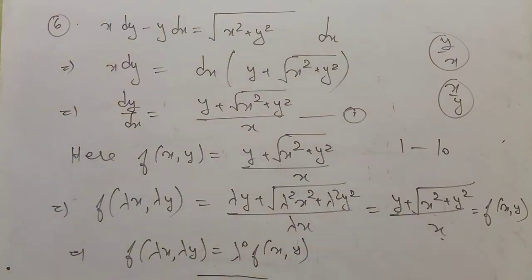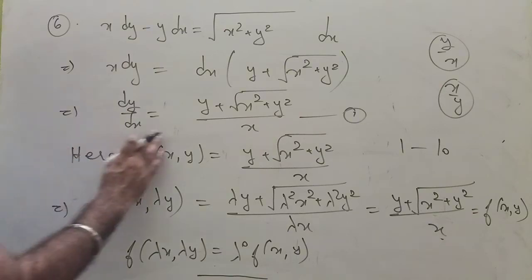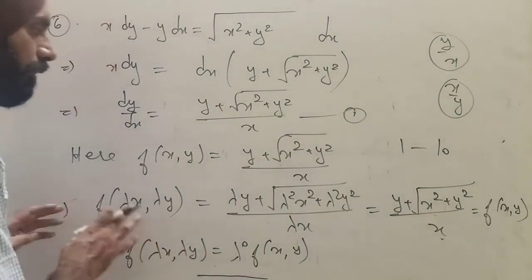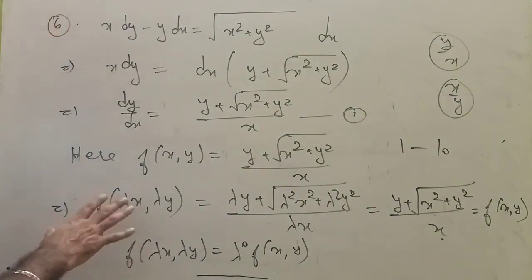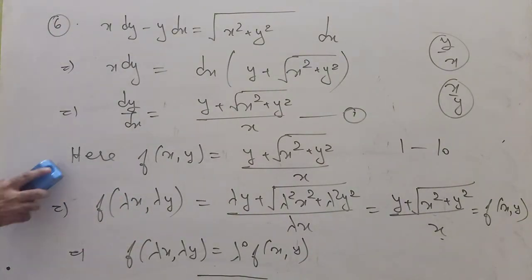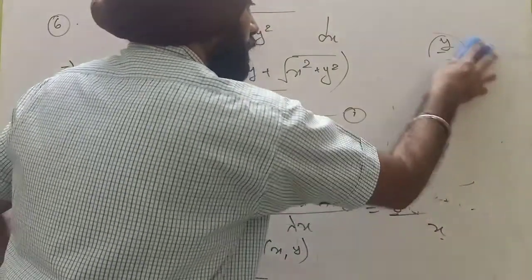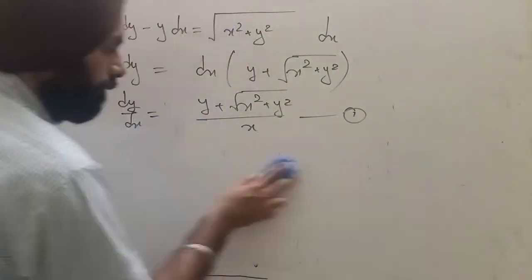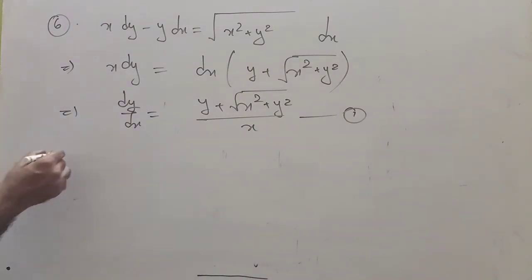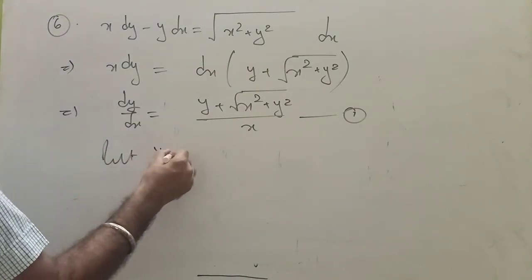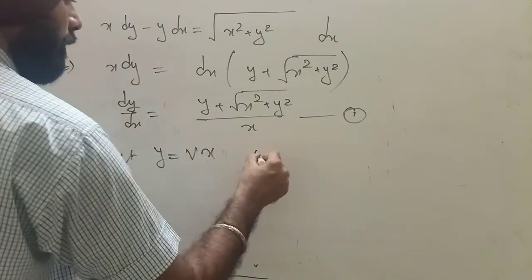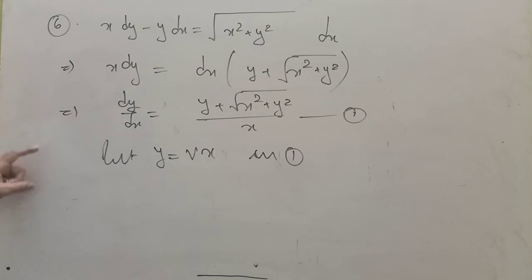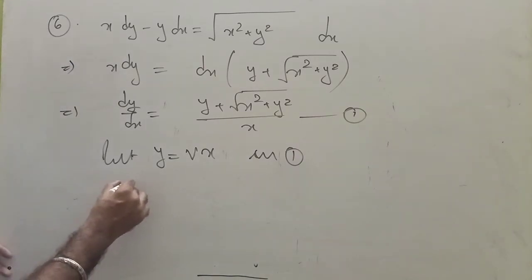So this is a homogeneous equation, but we will apply this method only when in the exam it is written that show that it is a homogeneous equation. So we have shown that. Now how can we solve it? For solving this equation, again start from this step. You will write that put y is equal to vx in equation number 1. But if it says only solve, then we will not prove the equation homogeneous.